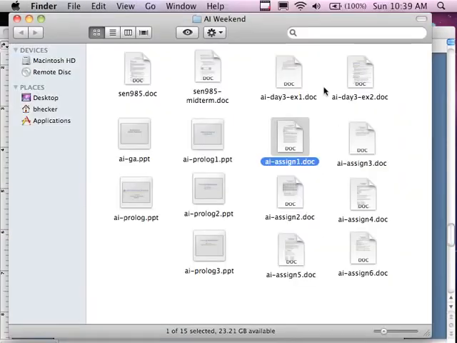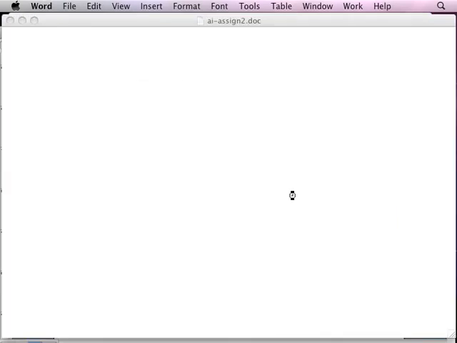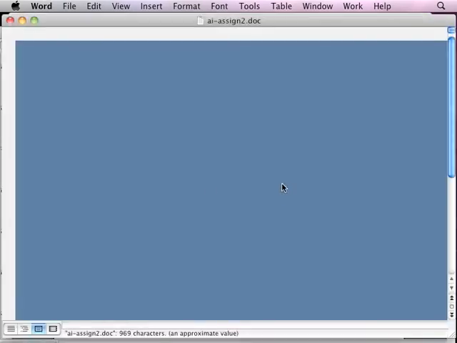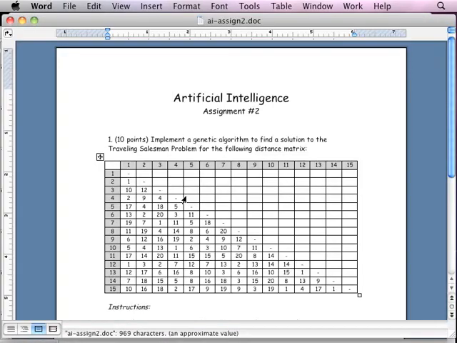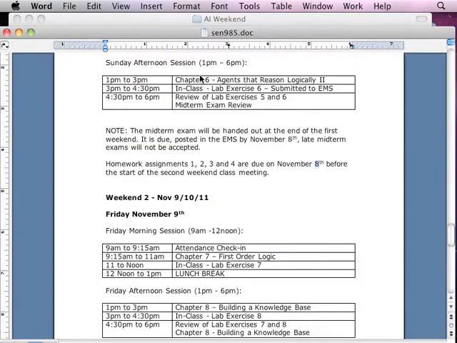Assignment number 2 is on the concept of genetic algorithms, and that's the one I'm going to talk about today, and I'll review this assignment when I start the genetic algorithm lecture. So just keep that one in mind. It's not so hard. It sounds like it's really hard, but it really isn't. You're not writing a genetic algorithm. You're giving me some pseudocode is what you're going to do for that.